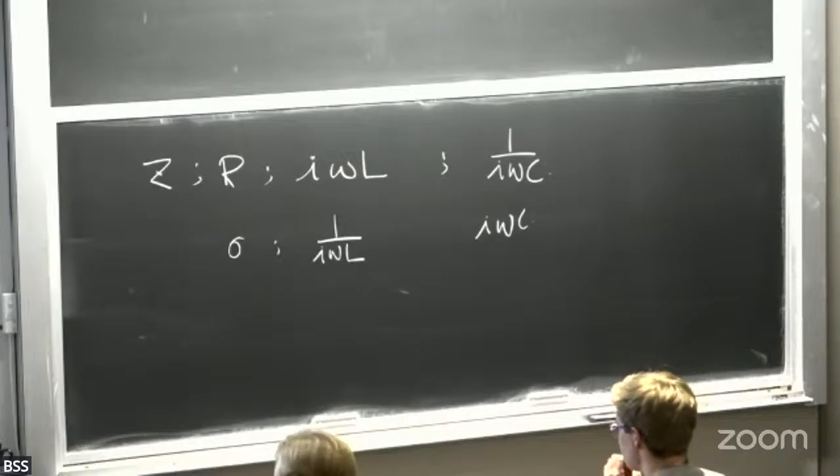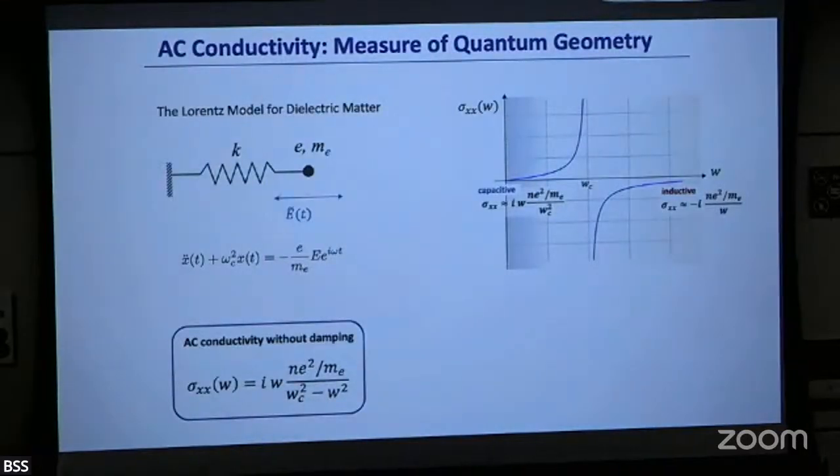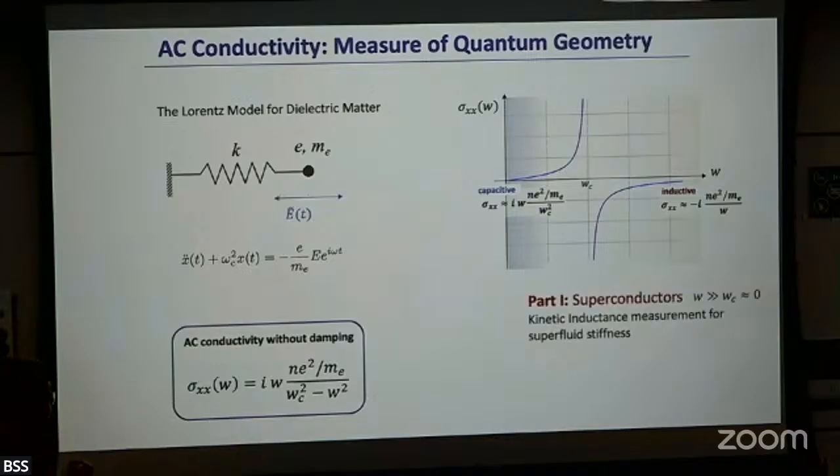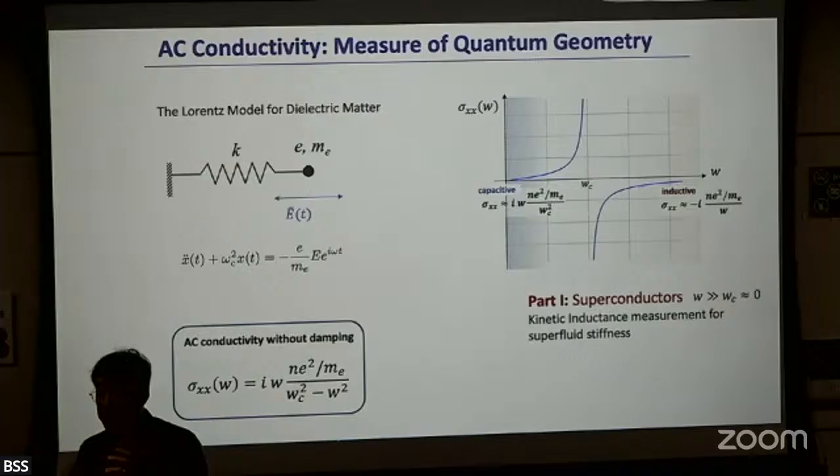So my talk has two parts: the first part is inductive, and the second part is capacitive. The inductive part is simply making omega c go to 0. In other words, basically there is no binding, right? So free electrons, but then free electrons with finite resistivity, which is not captured in this model. So I want to clear that resistivity, which means that I'm dealing with a superconductor. So the first part is basically that I have the superconductor, just measuring the AC conductivity, which is basically purely inductive. And from there, I can get the information.